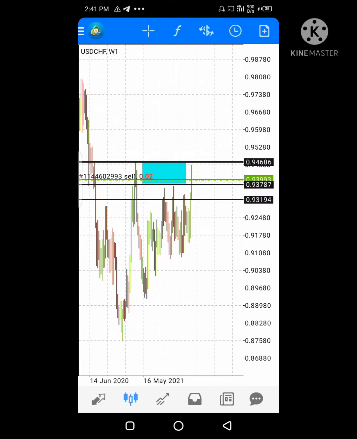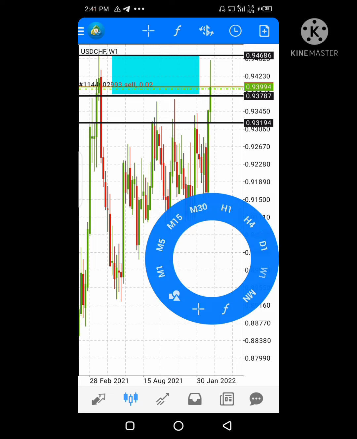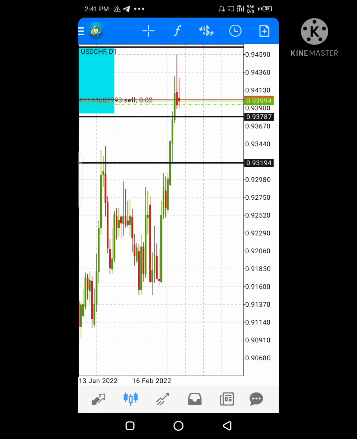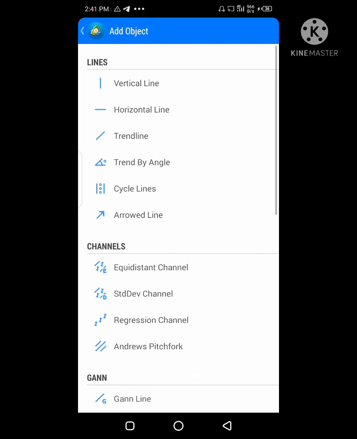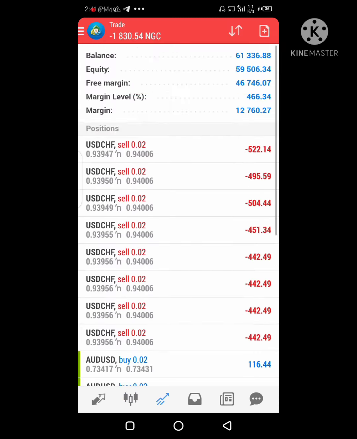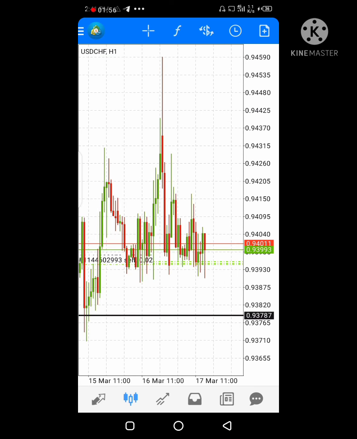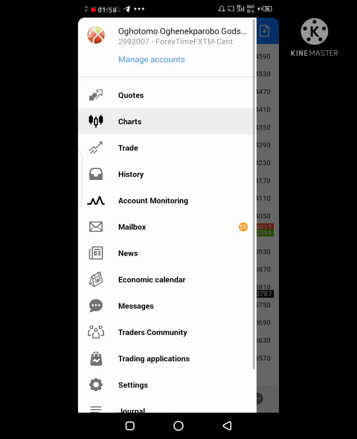Since we already know that place is support, we're going to go to the lower time frame, which is the daily, and you can see the daily has already shown a sign of going down. This long candle rejection is already showing a sign of going down, so that's our first confirmation. And again, our next confirmation is going to be